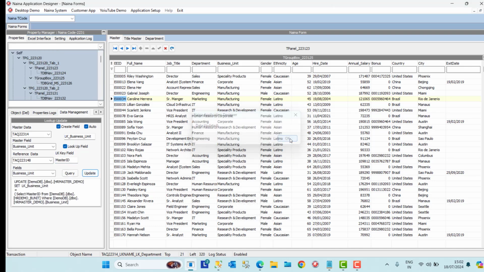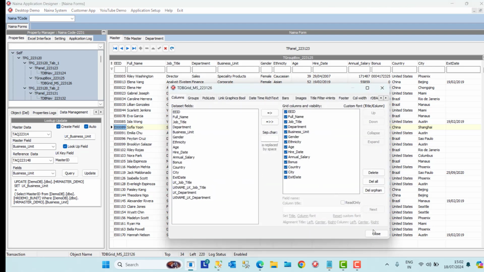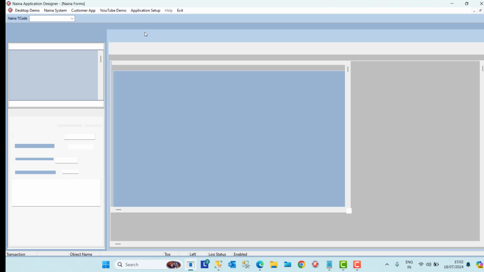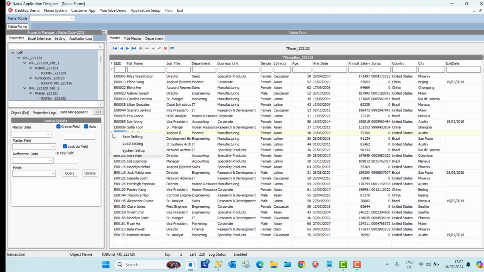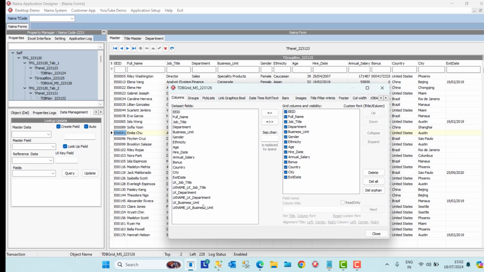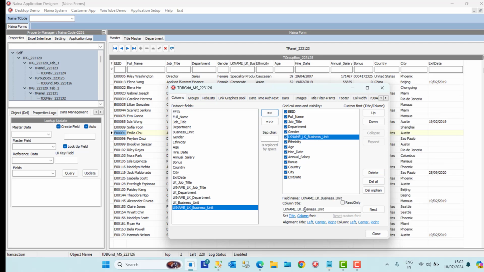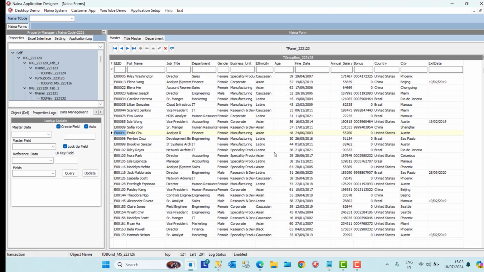So now everything is updated. Let's see if we can see the, no, it's not showing. So we need to, because the lookup needs to be added into the table, so it's better to load, and so everything is added. So now go back to the system setup. You can see here business unit. So what we need to do, we need to delete business unit, and then we need to move it here, and we can change. So now we can see here,